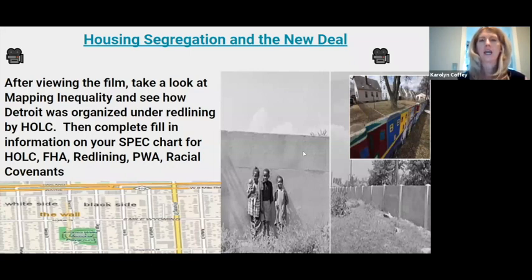And then I have clipped in here a YouTube video that again goes into a little bit more detail about housing discrimination and its connection with New Deal policies. And all of this information students can then, to help process through either as a class or individual activity, use their SPEC chart to determine how each of these things contributed to housing segregation. Were these political factors? Were they social, cultural, or economic factors?